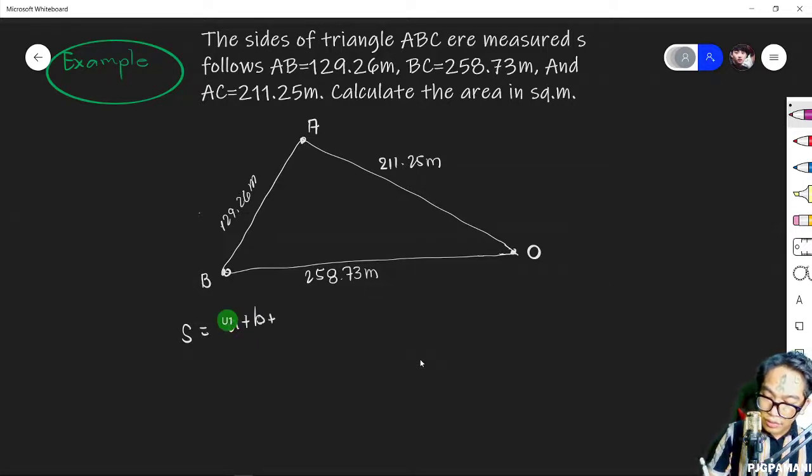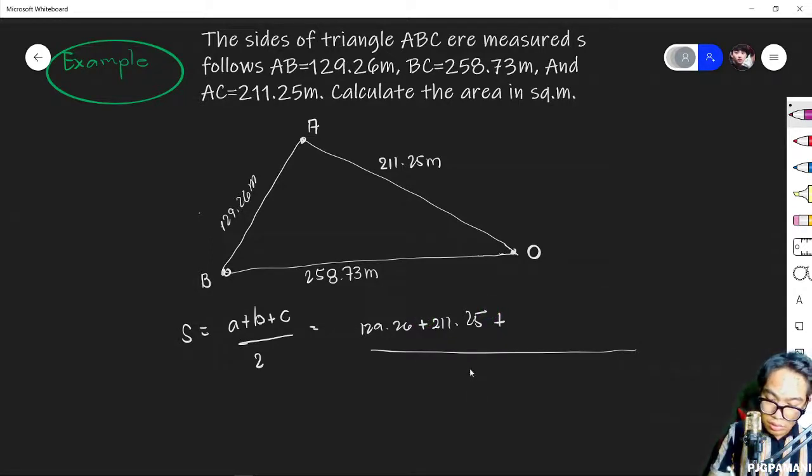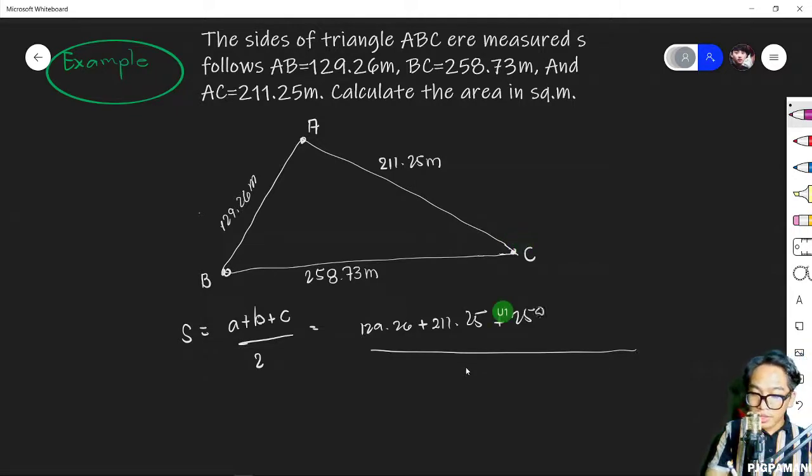What is our perimeter? Line AB is 129.26, plus AC which is 211.25, plus the last one, 258.73. Sum them up, then divide by 2, and your S value is basically equal to